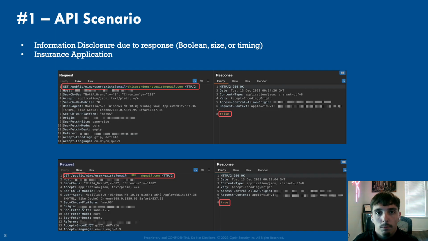So API scenario 1. I put this one because, and you've probably seen this before if you're in the web application security world, it's just an information disclosure vulnerability. I see these on almost every assessment. You're going to see them a ton. There's a couple of ways to identify them, but you'll see here,